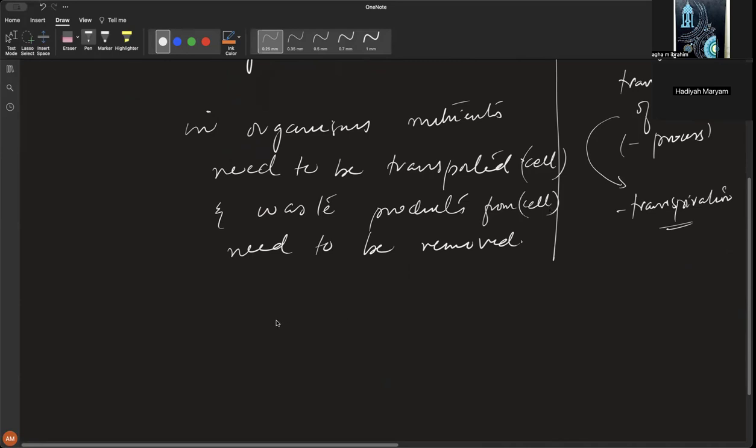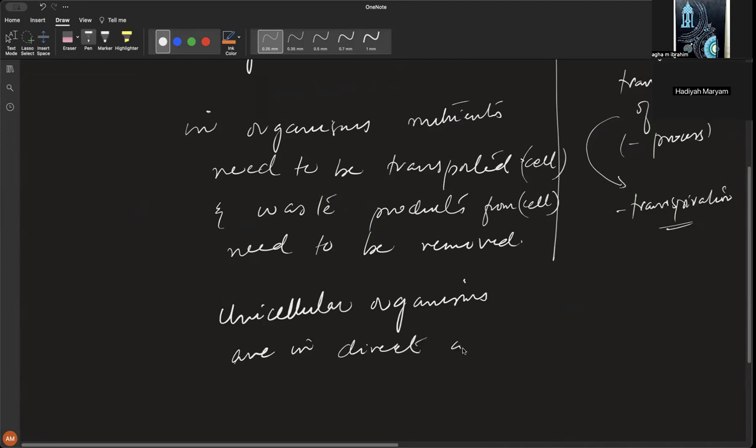Unicellular organisms are directly in contact with the external environment, so they do not need a complex transport system. We know unicellular organisms are in direct contact with the external environment,